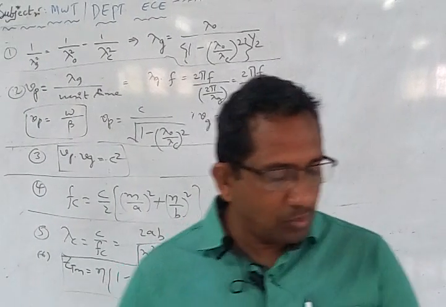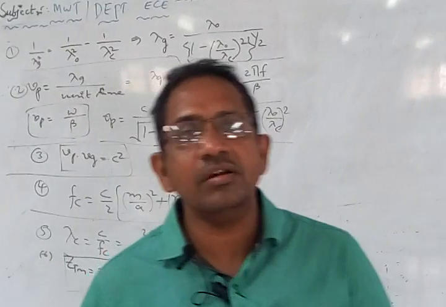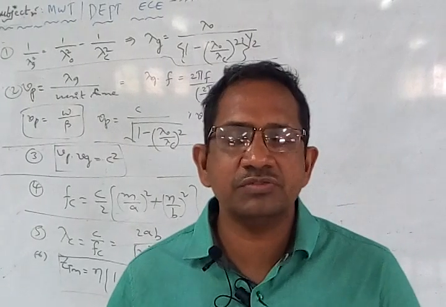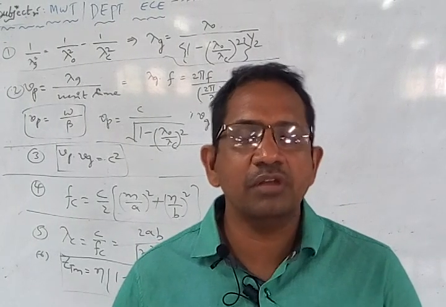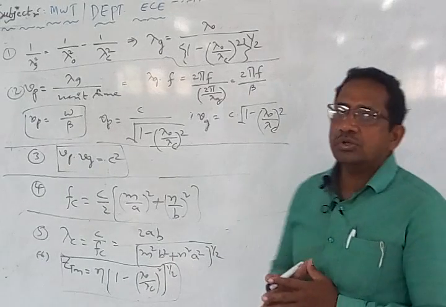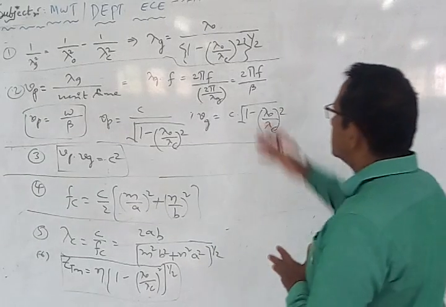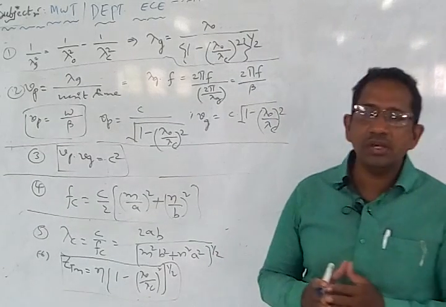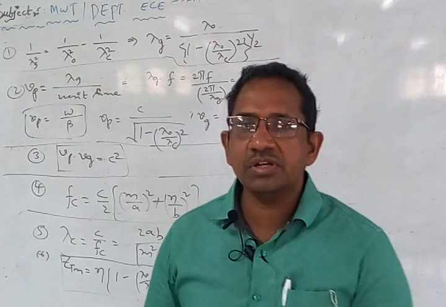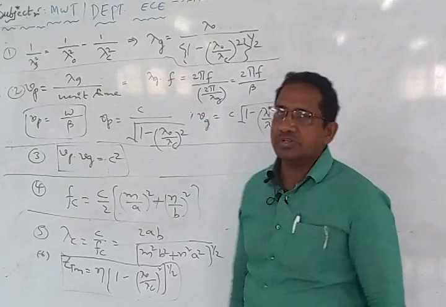So what is the data given now? What is the first thing? First of all, write down the given data, then figure out the equations or formulas which are there with us and substitute in those formulas. Here I gave you all the formulas that we normally use to solve problems on waveguides. All these derivations we have taken from the transmission lines, the EMTL subject, where we discussed the derivations for all these equations.